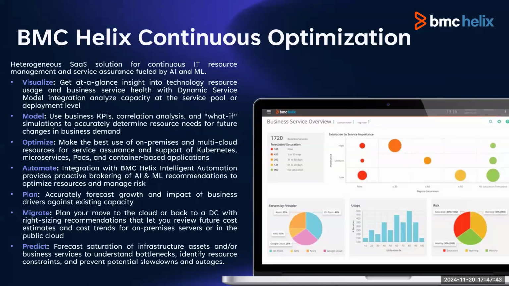Then we'll give you the ability to look at it from a business service perspective or from the underlying infrastructure. We'll be able to optimize your environment to tell you where you can reclaim or better utilize or reallocate resources. We'll be able to model simulations to the public cloud. You'll be able to model going from one piece of hardware to another. You'll be able to optimize your environment from a Kubernetes containerization perspective. You'll be able to accurately do all your planning around